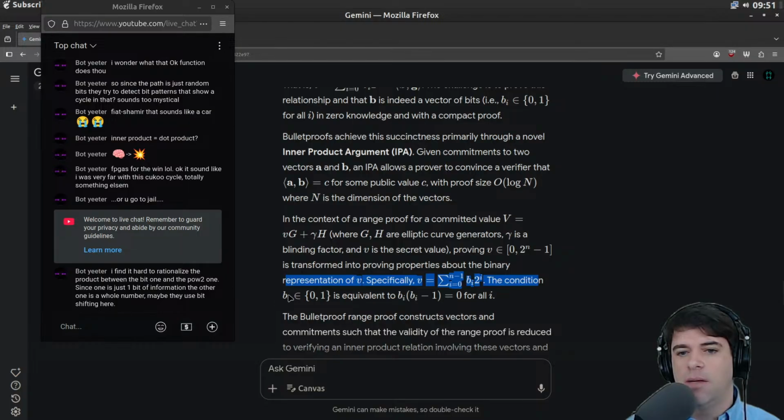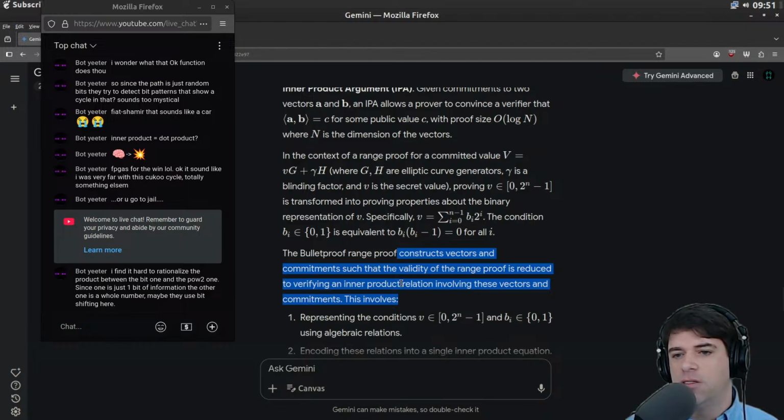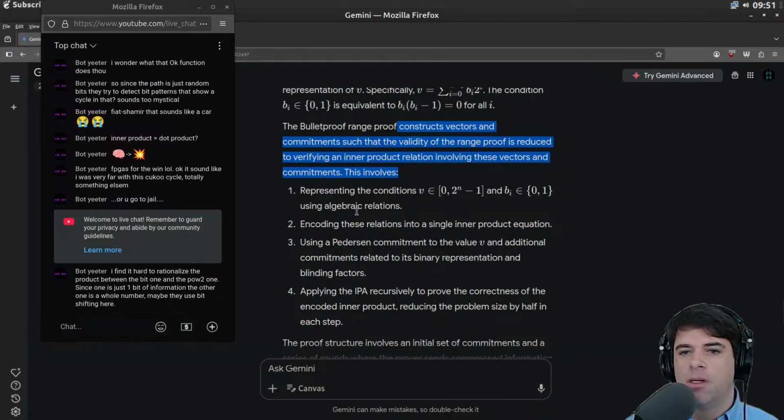The condition that each BI is in {0, 1} is equivalent to BI times (BI minus 1) is 0 for all I. So the bulletproof range proof constructs vectors and commitments such that the validity of the range proof is reduced to verifying an inner product relation involving these vectors and commitments.